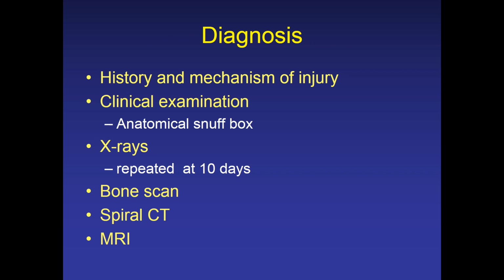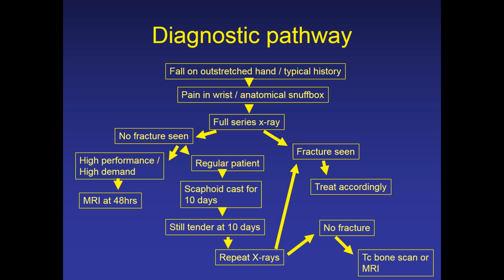So, how do we make our diagnosis? Careful history of the injury, mechanism of injury. Clinical examination, the anatomical snuff box, pain in the anatomical snuff box. X-rays, bone scans, CTs, and MRIs. All very useful, but not always sure which one to do. So we've got this basic diagnostic pathway,